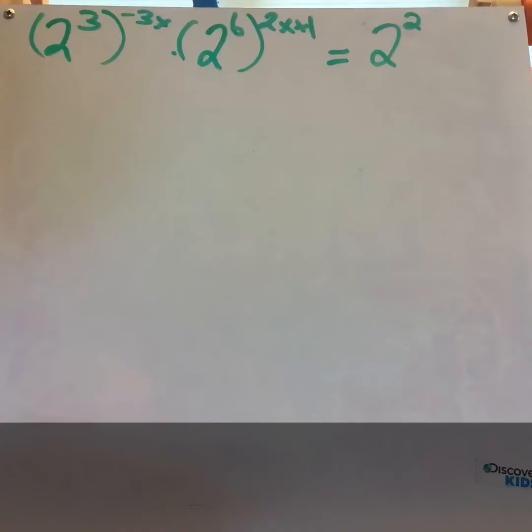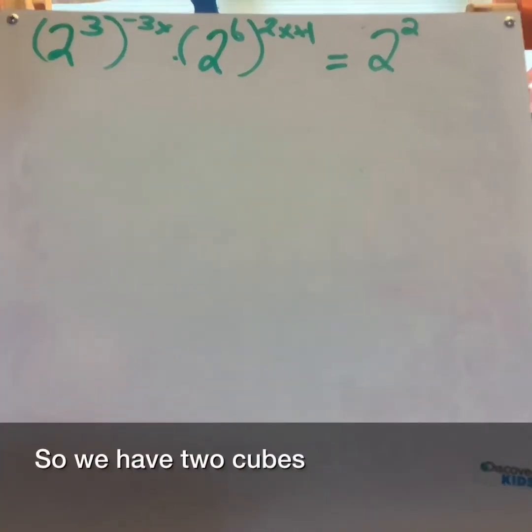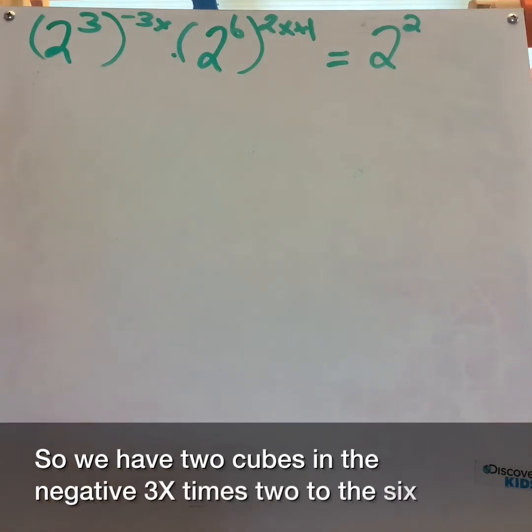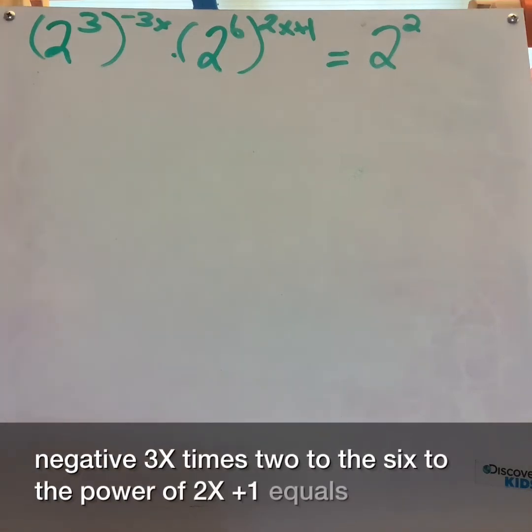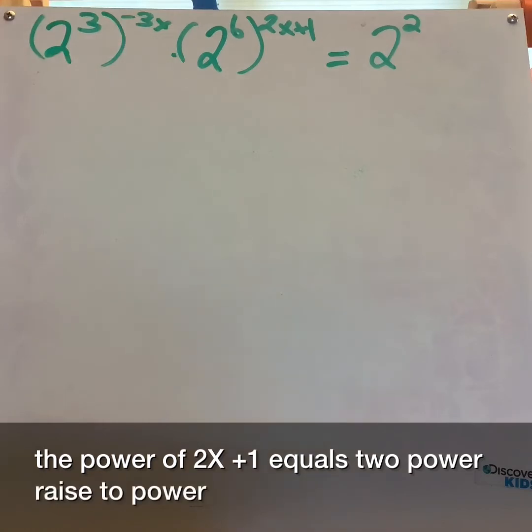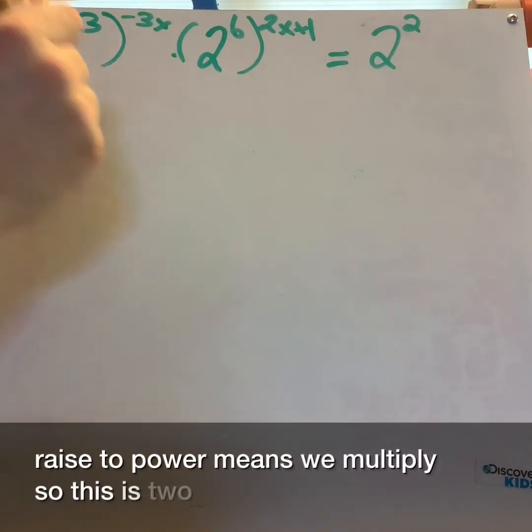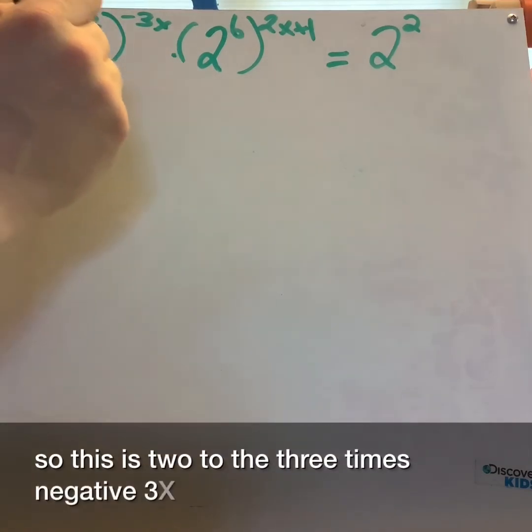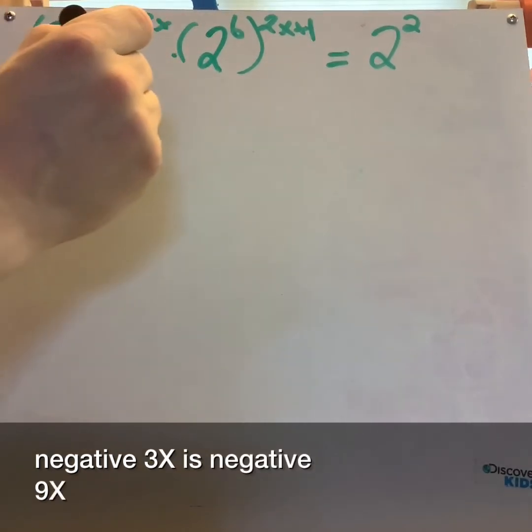So we have 2 cubed to the -3x times 2 to the 6th to the power of 2x plus 1 equals 2 squared. Power raised to a power means we multiply. So this is 2 to the 3 times -3x, which is -9x, times